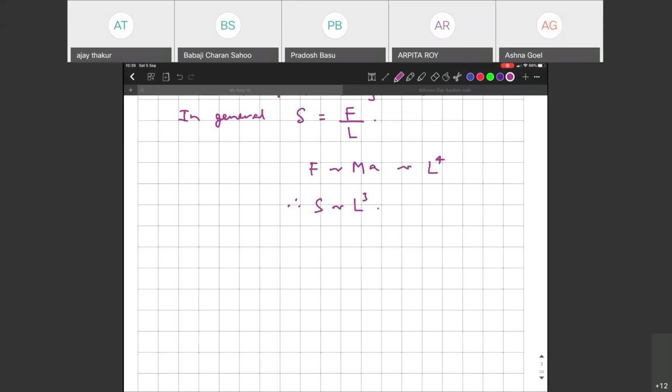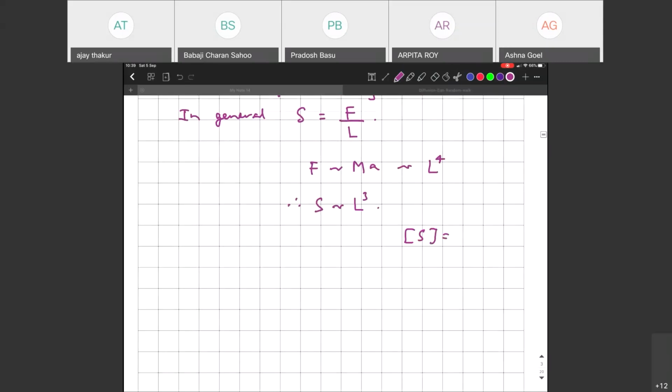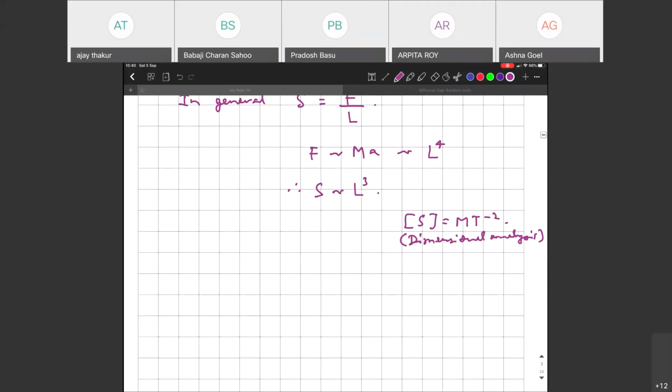Whereas, suppose we were talking of dimensions of surface tension. So this was force per unit length, so mass length per time square. So it was only mass per time square. So it is very different, from a dimensional analysis point of view. So that you would have considered a simple scaling law. Okay, so that was surface tension.